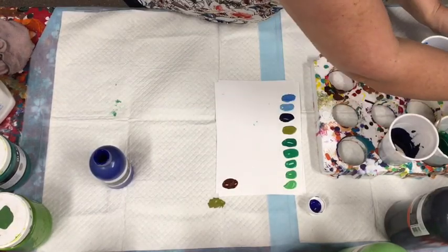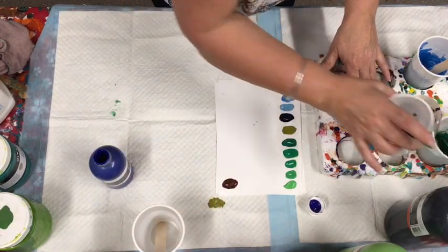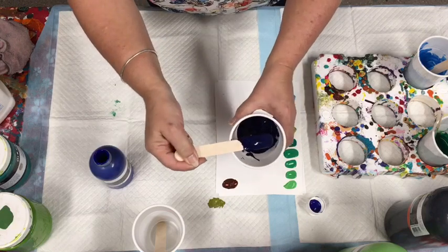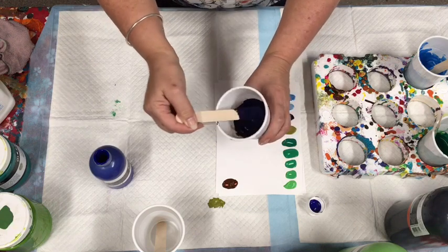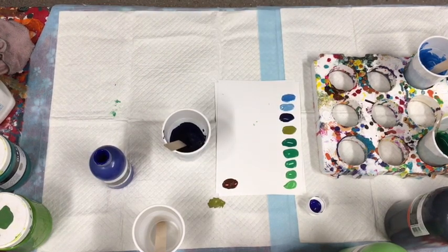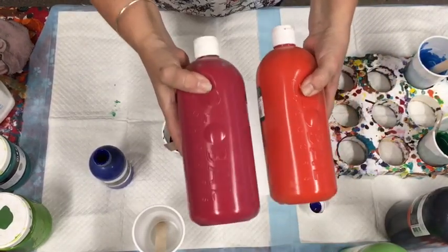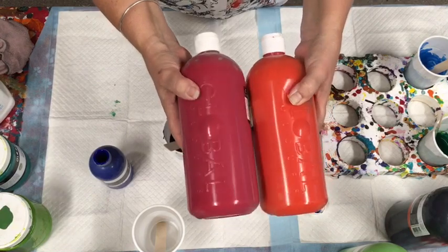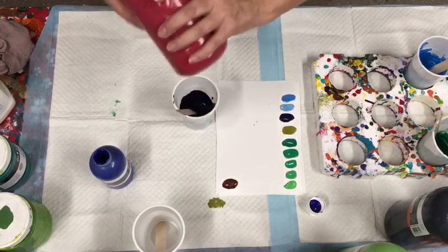What was it? Oh, I've gone off track, haven't I? All right, I'll go back to this navy that I was making. If you made that navy, or you use the very dark blue, and add a very dark red. It's called cool red here in Australia. See, we've got a warm red and a cool red. This is very much like magenta almost, but it is called cool red. So if you add the cool red to the navy,